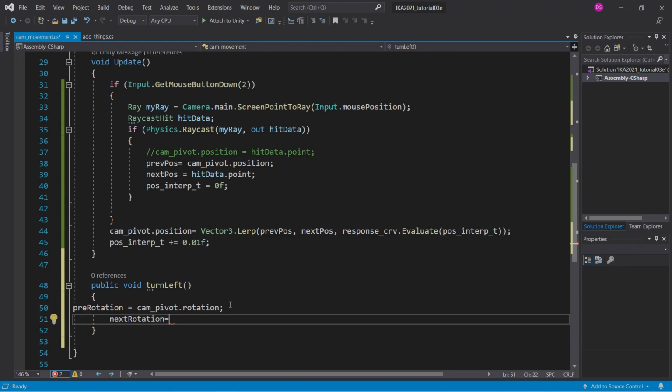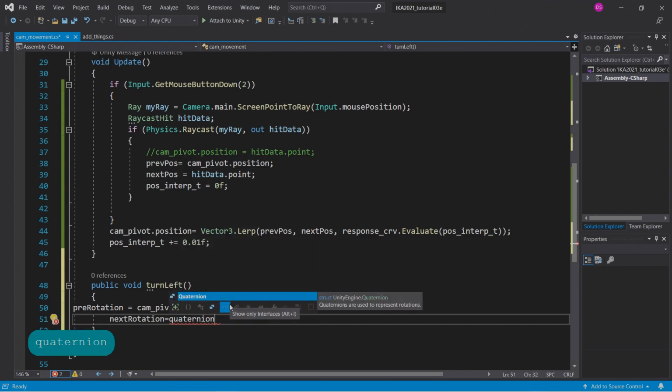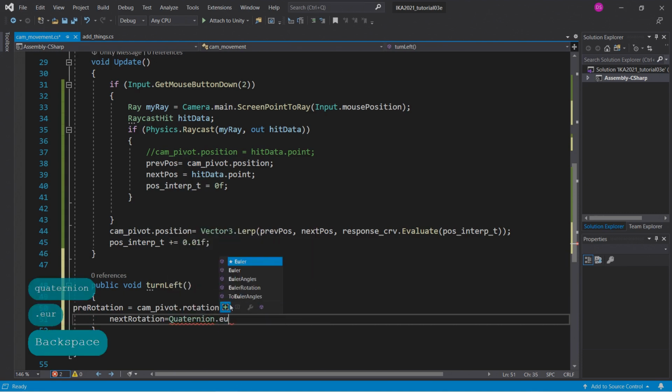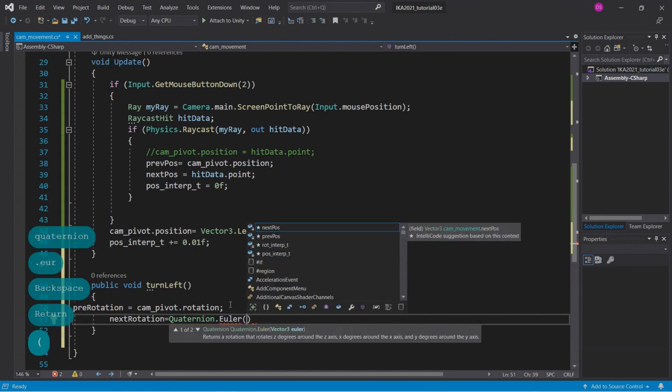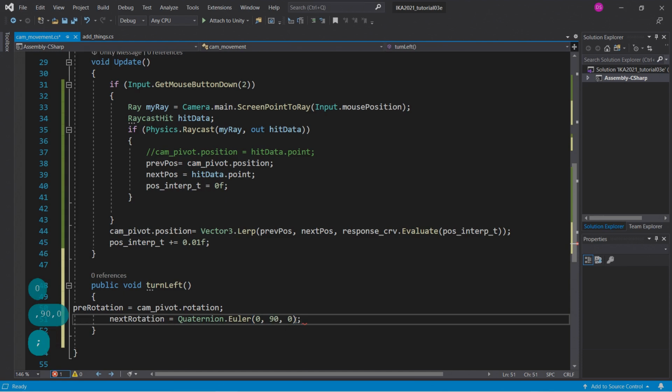So I'm going to create a quaternion from Euler, from Euler angles, and we're going to rotate about 0, 90, 0. Let's keep it as a fixed number first. So next rotation,